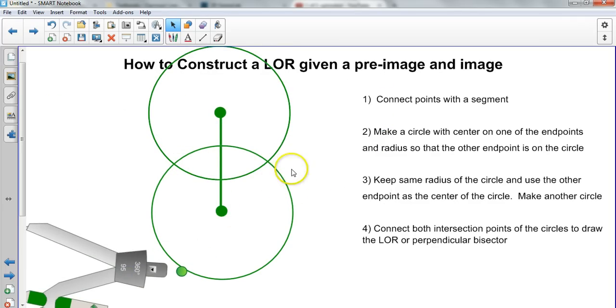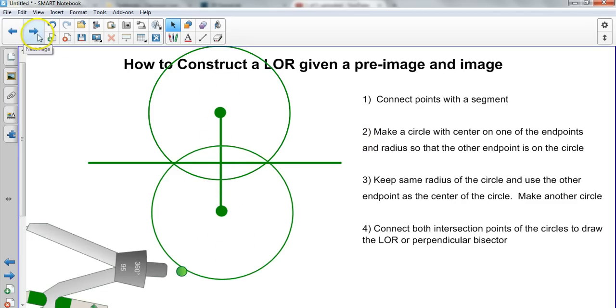All we have to do to make that perpendicular bisector is connect the 2 intersections of our circle, which would be like this. Doesn't want to put it exactly, but which would be something like right here. Okay, so there's our perpendicular bisector. Okay, and that's all that we have to do when we want to construct a perpendicular bisector or line of